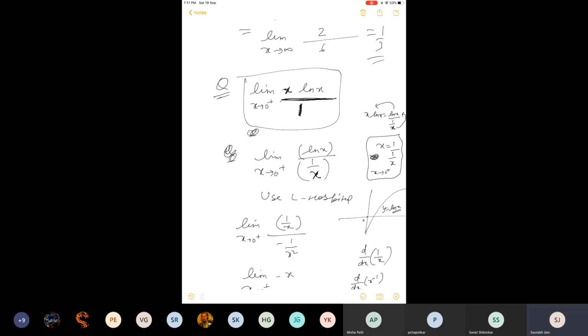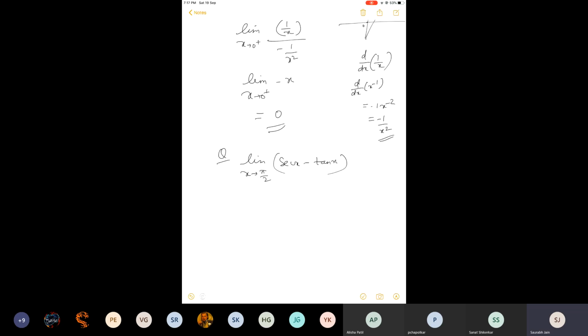Why? If you put x equal to 0, this is 0. ln 0 plus, I told you the graph, it is infinity. So the question was in the form 0 into infinity, and by using mathematics you changed it into the form infinity by infinity. But ultimately, every time you will find one of these 7 indeterminate forms that we are talking about. Solve this question using L'Hospital rule. Let me see who can apply it. x tends to pi by 2, sec x minus tan x.